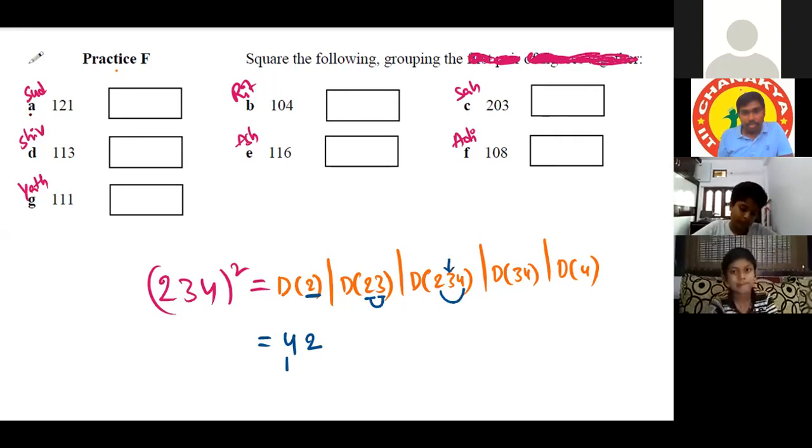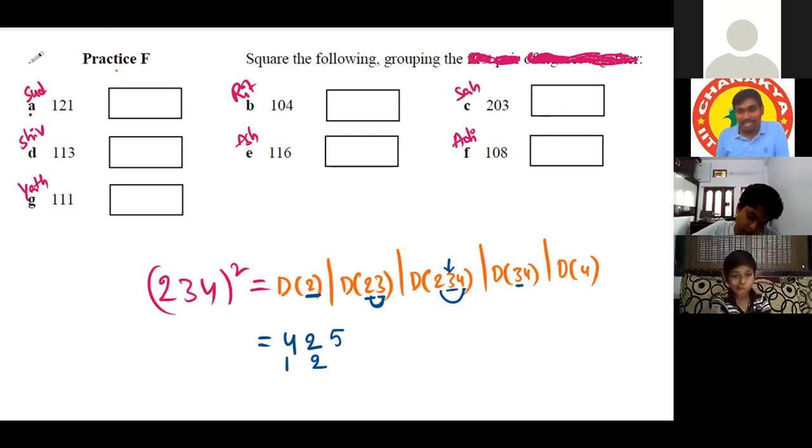Sir, it is 8. 8 double is 16 plus 9 is 25. Sir, for the 2-digit, what should we do? For 2 digits, simply double the product of the digits. Okay, sir. Don't forget, we already did many questions.